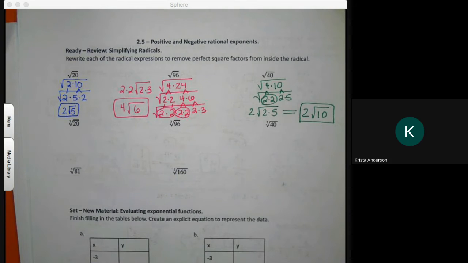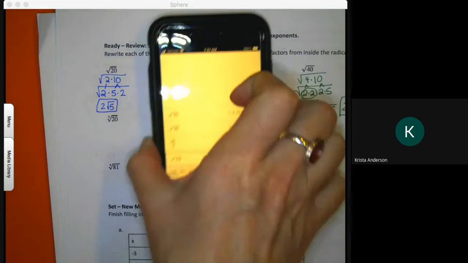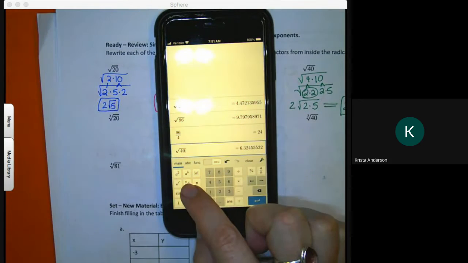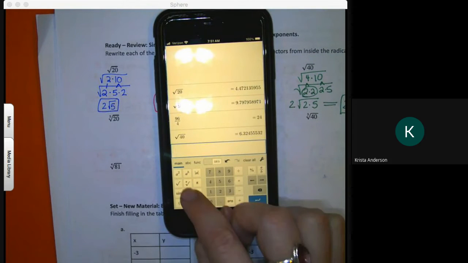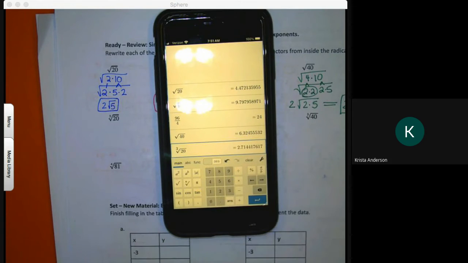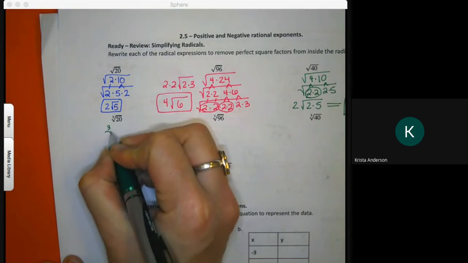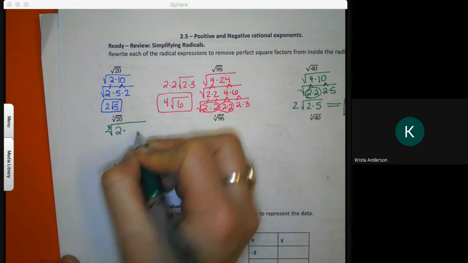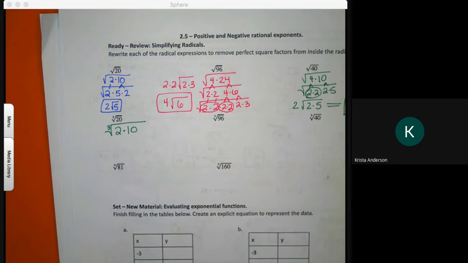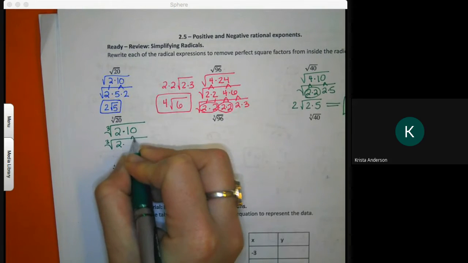So we did those last class period. Now they're getting a little more tricky. Now they have a 3 on the root. So if I want to check it, I now have to use this little button with the N on it. I have to put the little 3, and I'm going to place 20. 20 cannot be cube rooted, so I'm going to break it down. 20 is 2 times 10. What does 10 break down to? 2 times